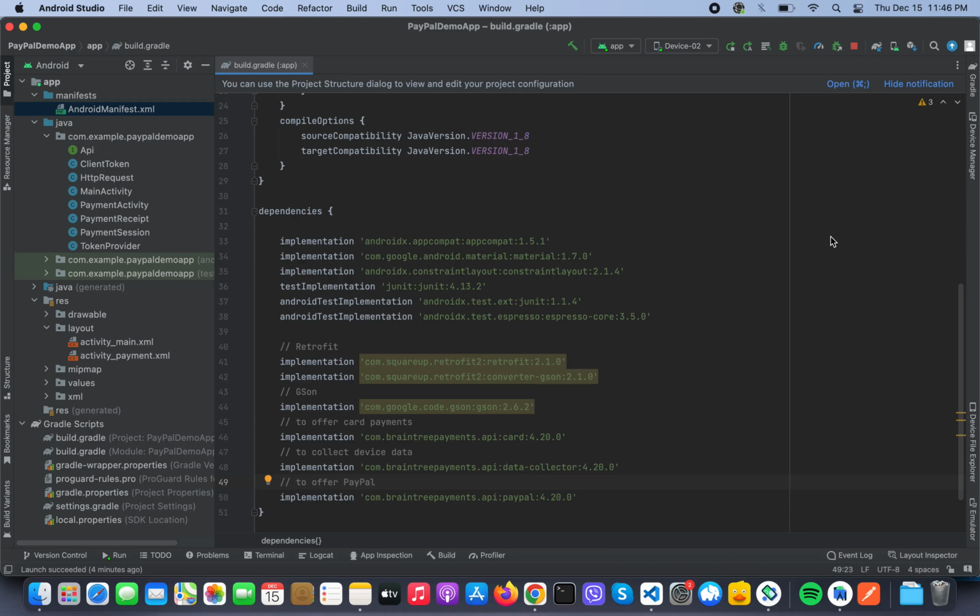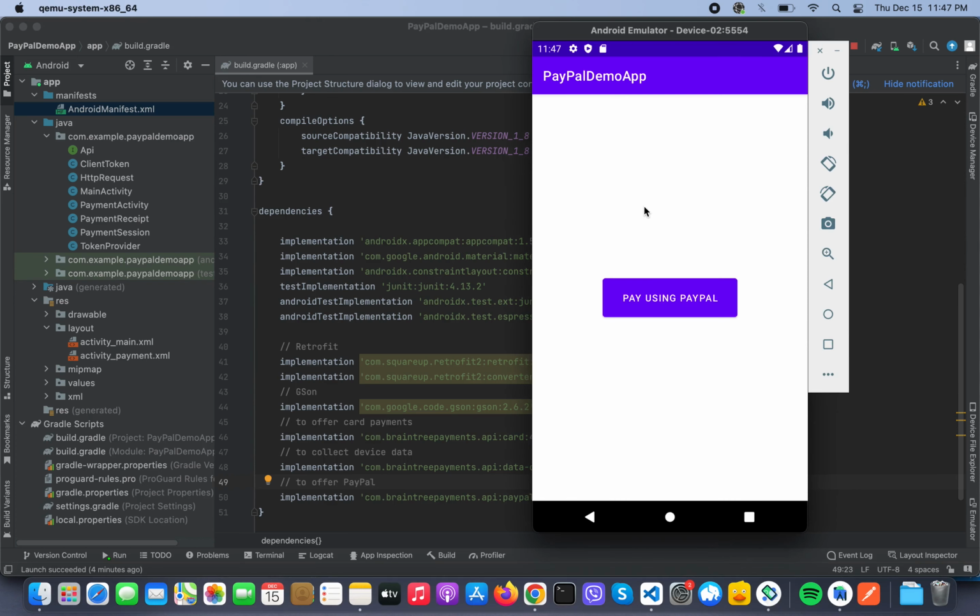In this tutorial, I will be showing you how to integrate PayPal SDK and Braintree SDK in a mobile application. So this is how it looks like. This is only a simple demonstration. When we click Pay using PayPal, this will be redirected to the